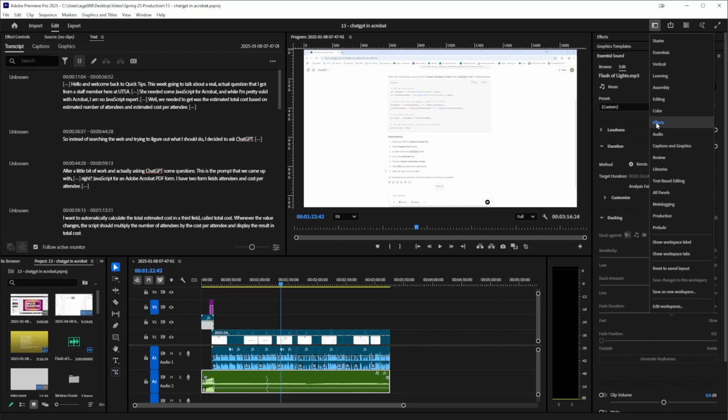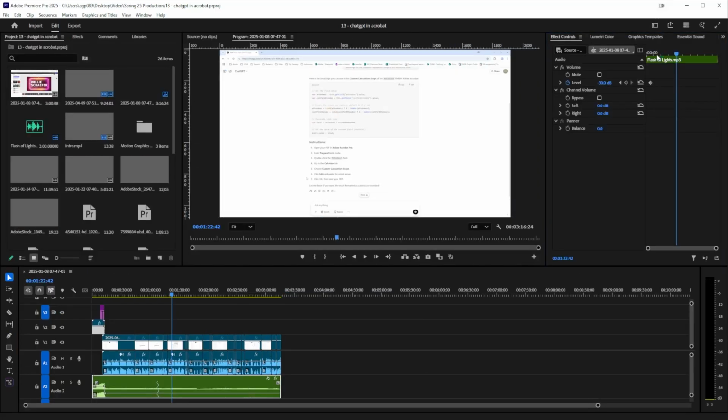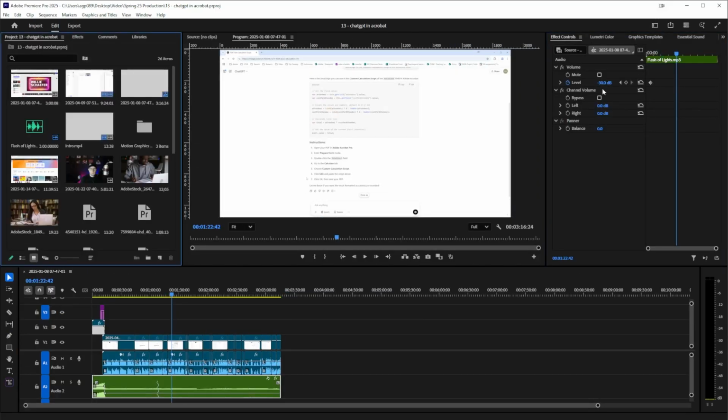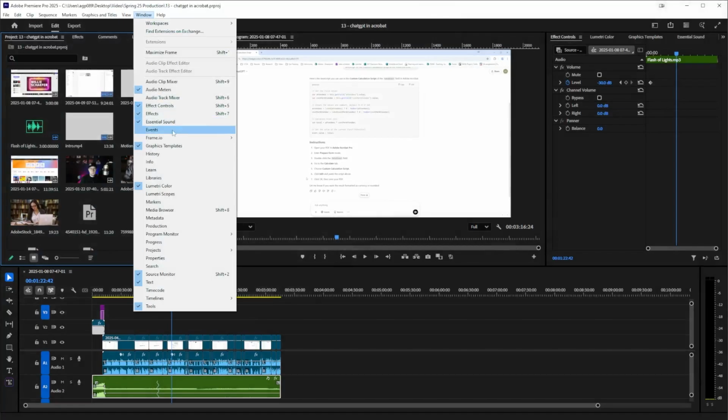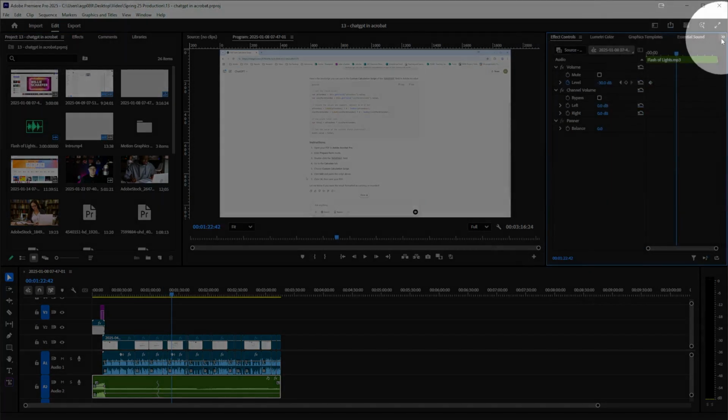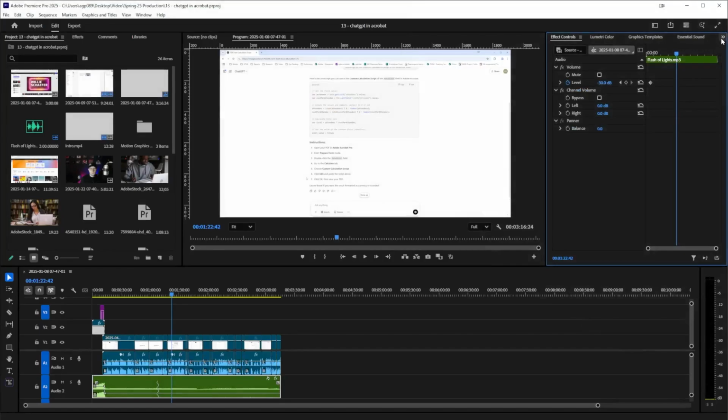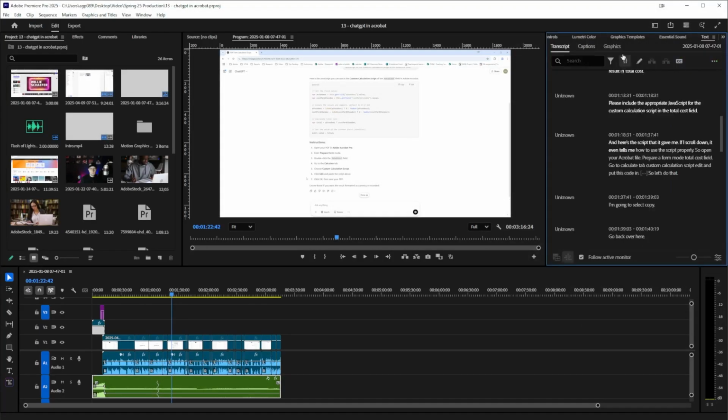Now, when you're getting started, a lot of times I do recommend starting in something like Essentials. And when I do that, we can see how it changes my workspace. Now, with that being said, if I need something else, I can always open up that window. One of the things that I love to have open when I'm editing here in Premiere Pro is the text window. And all I have to do is come up here to Window and make sure that text is open. Now, according to this, text is open, but I don't see it. Where is it living? Over here in the corner, there's some arrows. And by selecting those arrows, I should be able to get to text. And now we can see that option.